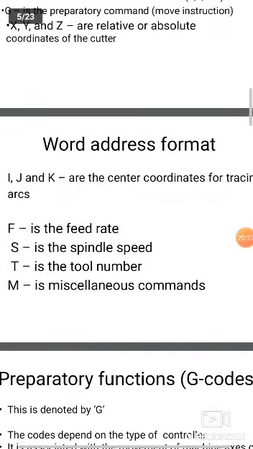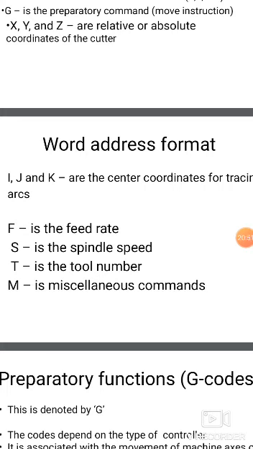Next, we have seen word address. What is word address? Each letter indicates a function. This type of format uses alphabets, called address, identifying the function of numerical data. The format is used by most NC machines and is also called variable block format.